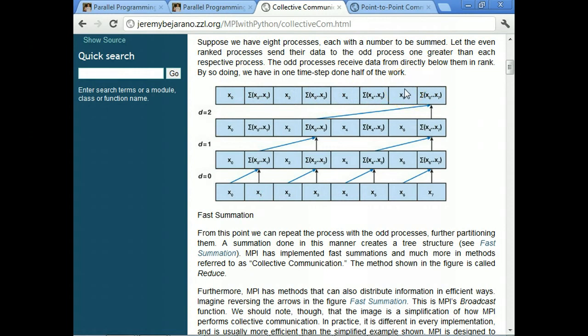And it's kind of cool the way that it implements that, because it implements kind of a butterfly type structure, where this reduce, as you can see, is this tree that leads to this point. But you notice there's a lot of these processes that aren't doing anything after the first few operations.